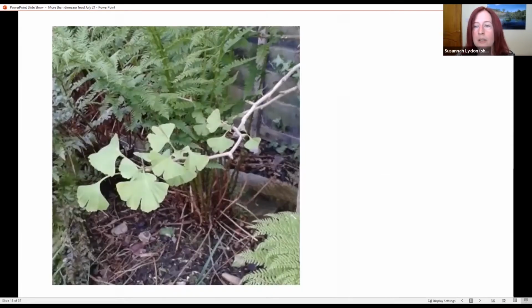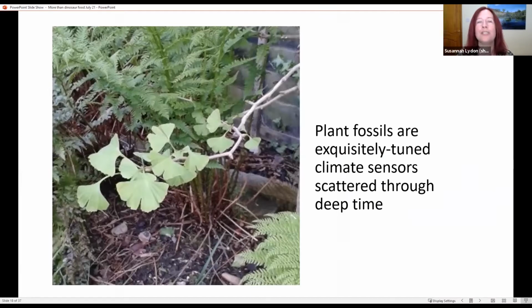So there you go. Plant fossils aren't just telling us about evolution, they are exquisitely tuned climate sensors. So if you want to know why plant fossils are useful, this is what I would say. They are climate sensors scattered through deep time that can tell us these wonderful things. Okay, so